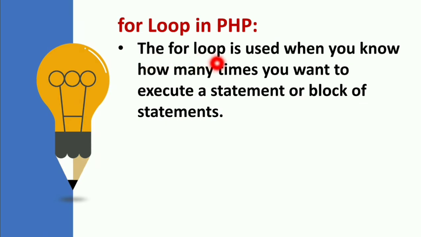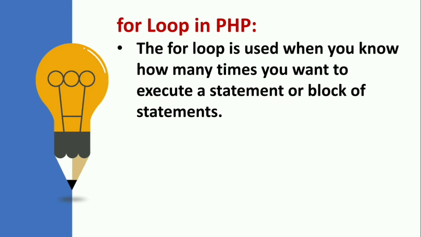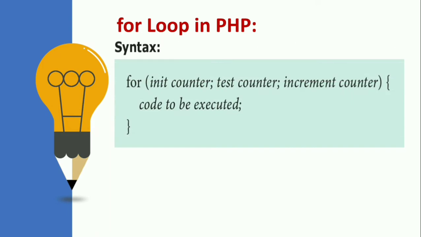So the for loop is used when you know how many times you want to execute a statement or block of statements. You should know the initial value and stop value. So it is similar to the previous example. You should know how many cupcakes should be prepared. So accordingly you can fill the cupcakes. Same pattern here. You should know the initial value and the testing condition, that is stop value.